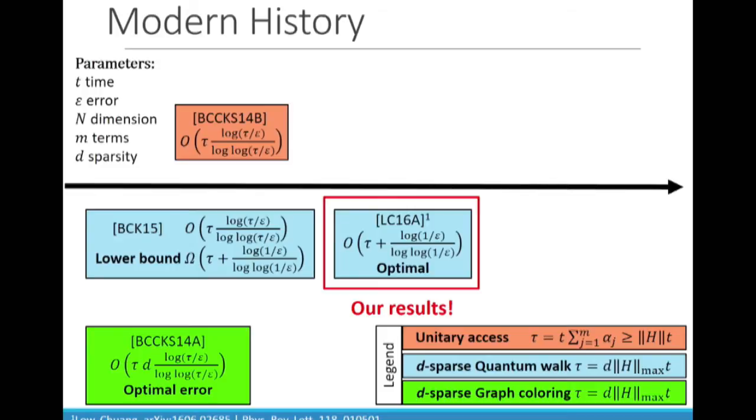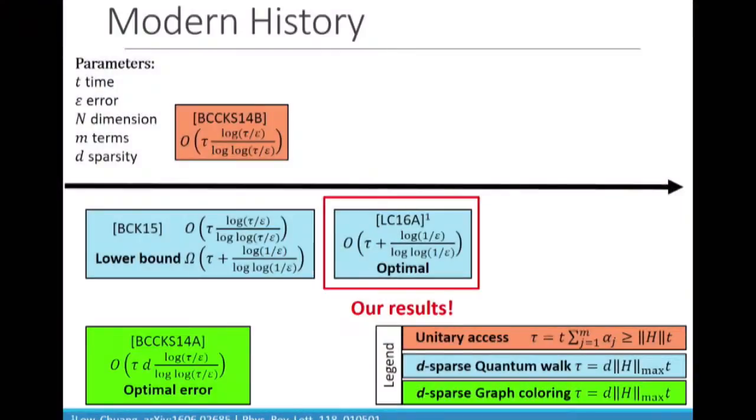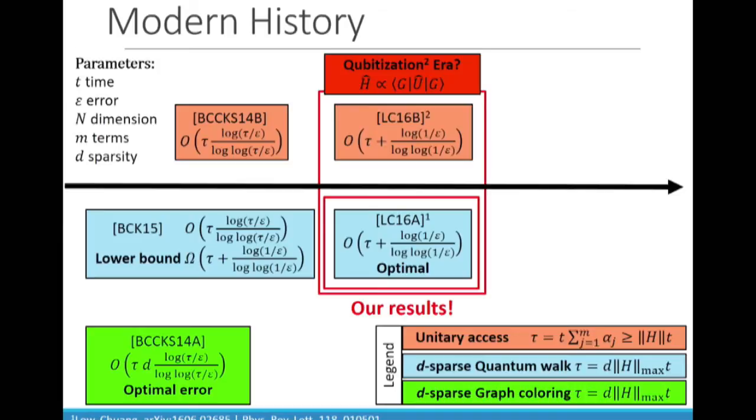We still use the same ideas of the quantum walk developed by Andrew Childs, but we use that as a subroutine in our quantum signal processing module. And this turns out to be the final ingredient to close the gap between upper and lower bounds. So our approach is somewhat more specialized than the techniques used by previous work, but we managed to generalize it